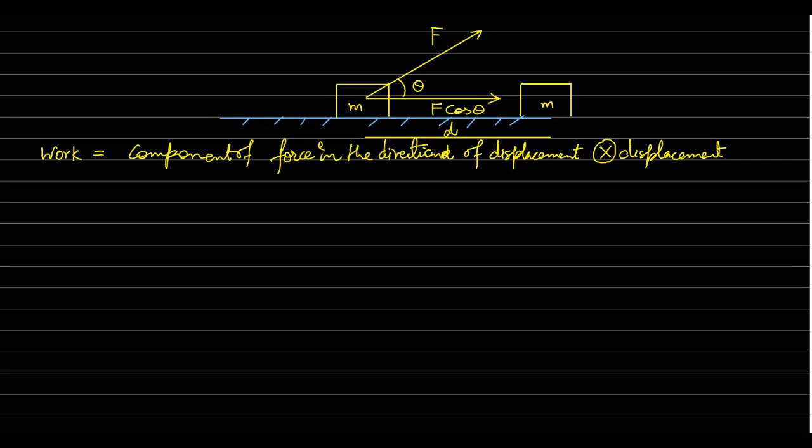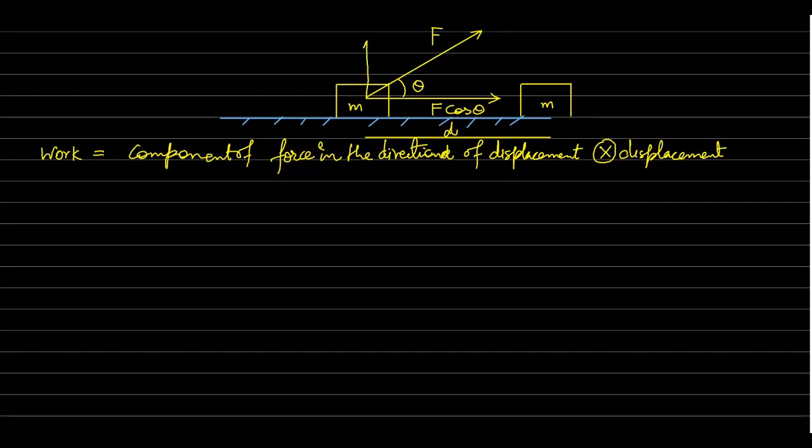So the component of force along the displacement is F cos theta. Another component, perpendicular to the first one, is F sin theta. Now, according to the definition of work, work is the component of force in the direction of displacement times displacement. So simply we can write it as F cos theta into D. Now, from the definition of scalar product or dot product, can I say it is F dot D vector? Is it clear? F dot D vector.